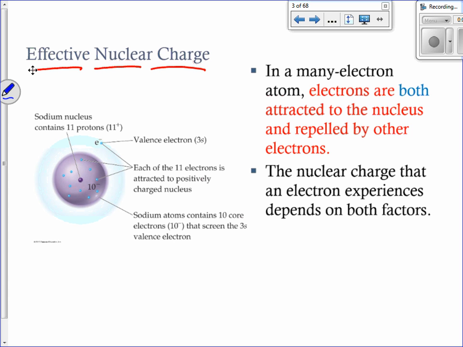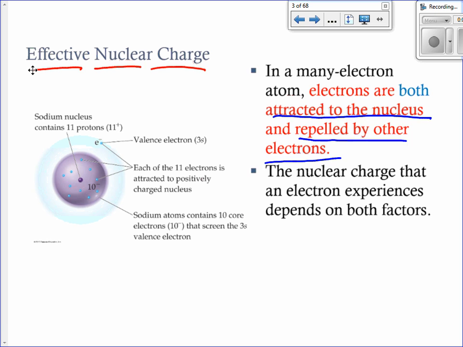We're talking about how electrons are both attracted to the nucleus and repelled by other electrons. Attraction to the nucleus, because the nucleus is comprised of protons. Protons are positive. Protons attract negative things. That's a Coulomb attraction, an electrostatic attraction. So protons and electrons attracting each other is the force pulling them close. But because electrons repel other electrons, you have some electron repulsion going on, wanting to push them out. So the more electrons you have, the more repulsions, and the less effective nuclear charge.